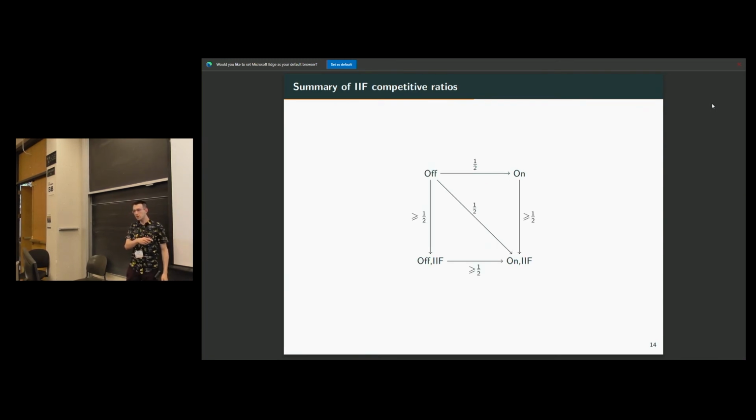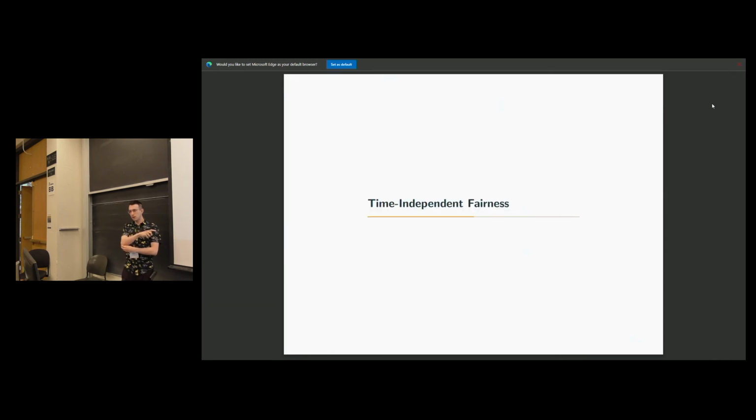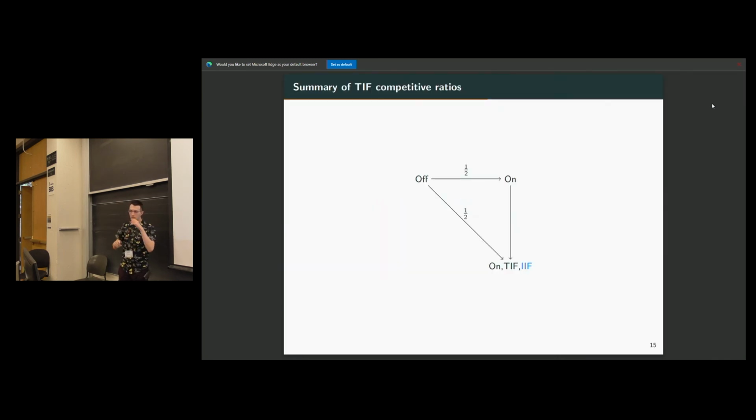This automatically gives us all these three results that the ratio is at least 1/2. And we, in fact, prove tight examples. So it is exactly half, except for the left edge, which we do not know, actually, if it is tight. Time-independent fairness is similar. We prove a similar 1/2 ratio with a similar LP. And everything is tight here. And in fact, we come up with an algorithm that may not be the instance optimal, but it is half competitive and is both TIF and IIF fair.